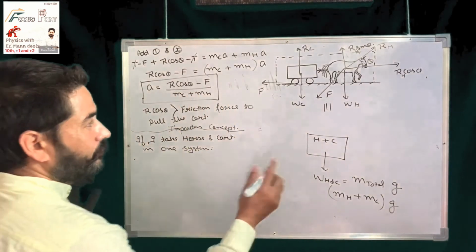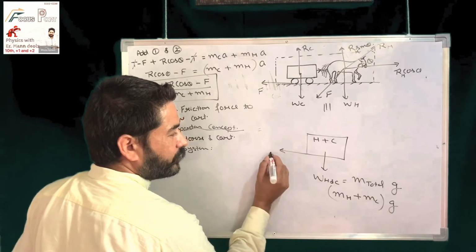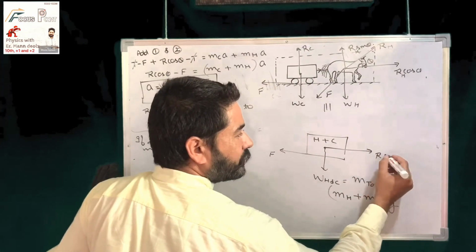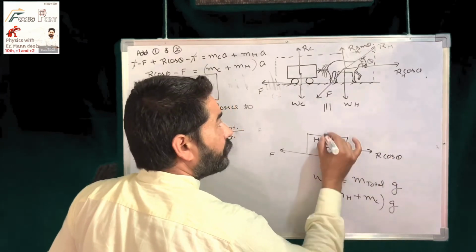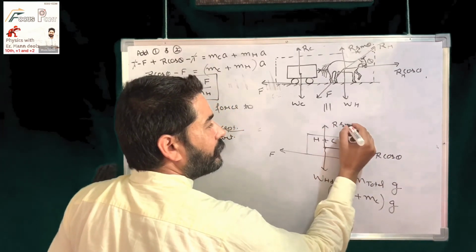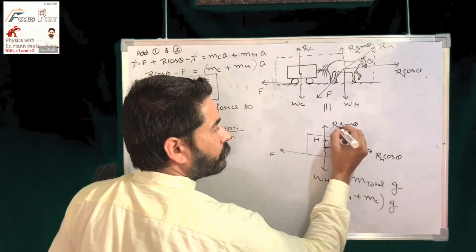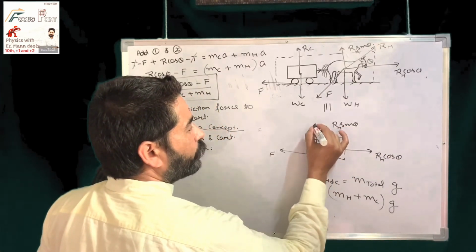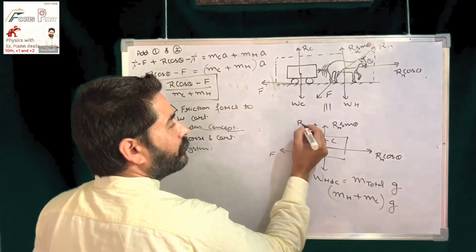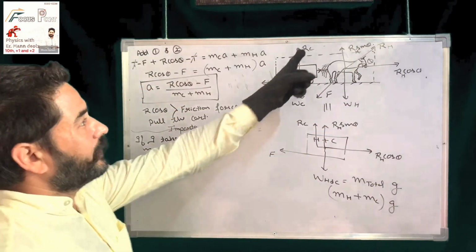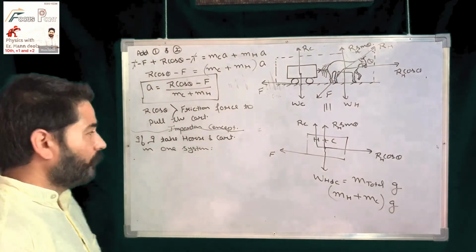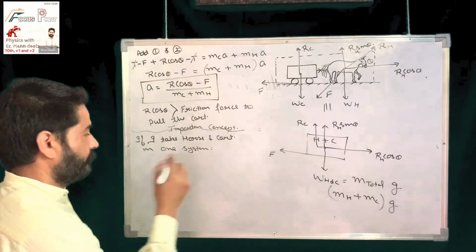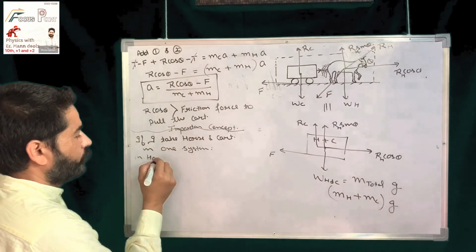Okay, so on this body, one is friction force in horizontal, R cos theta, in vertical one is R sin theta, the reaction of horse, and on the same body there would be one more force which is perpendicular, that is the reaction on the cart. Now I am just writing the equation in horizontal direction.